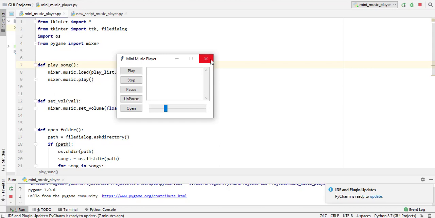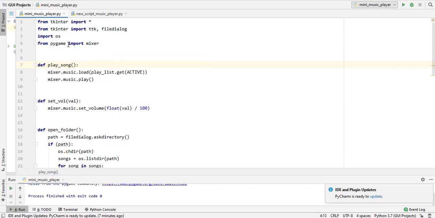If you don't know what Pygame is, it is a module which I am using for playing music. Basically Pygame is a 2D game development library which is mostly used for creating 2D and 3D games in Python. But in this video I am using the Pygame module's mixer class.